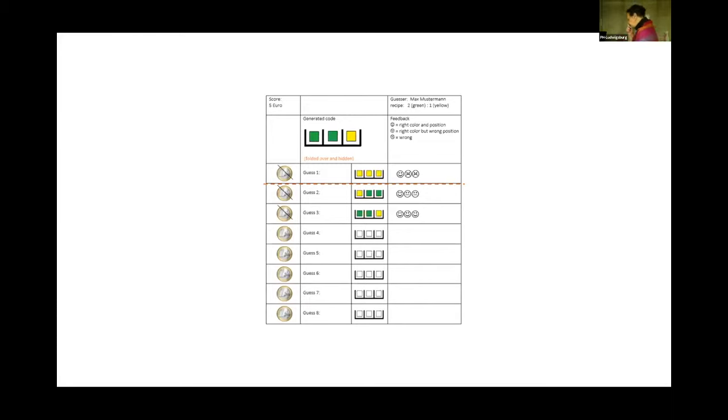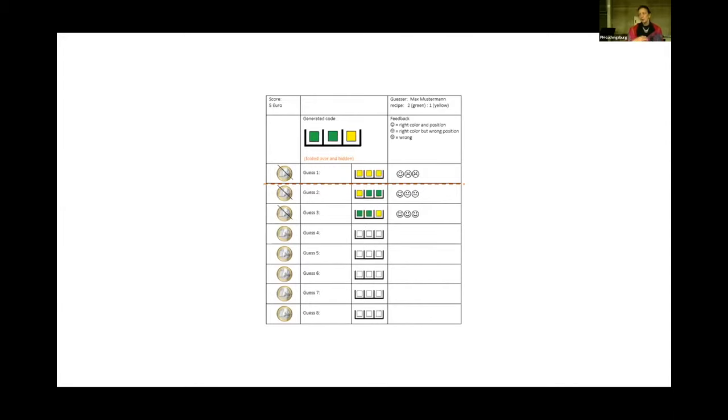And Elif worked a lot with these jars and with worksheets that you see here. Again, the question was whether children got the intuition that the difficulty in question asking, in choosing good questions, depends on the composition of the jar, and that some jars are more difficult than others because entropy is growing. So we know the most difficult is if all colors are equally distributed. So she worked playing the game and letting them guess the codes, and then also preparing jars.